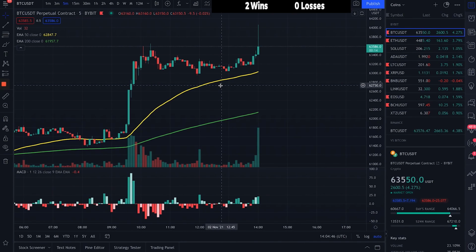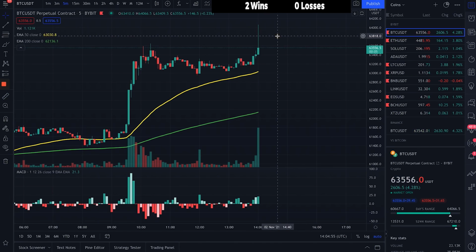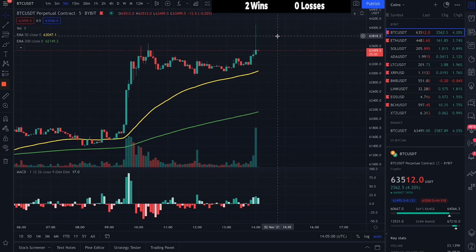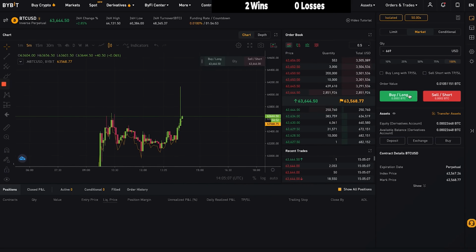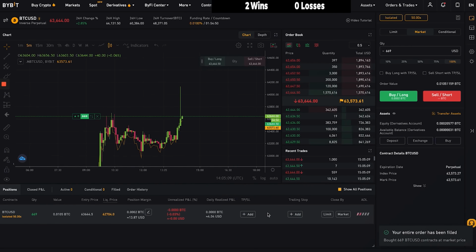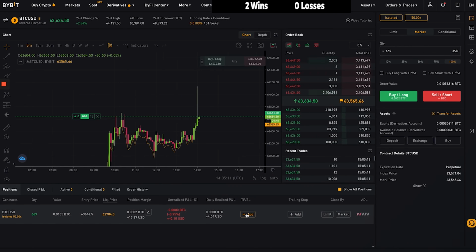Here we have a lot of volatility in the market. I just closed my long position, and then I went short up here and took the profit straight away here. So 2 very fast trades, especially the last one was very, very fast. And now I think we might pump. Okay, we are pumping. I'm going in right now. I'm in the long position right now. Okay, adding my stop loss